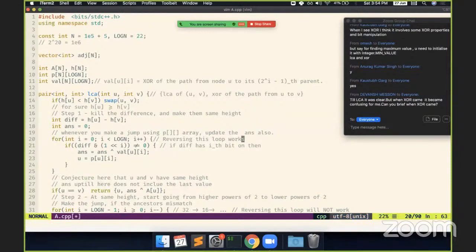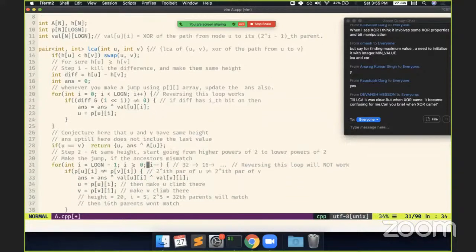also at that time. Basically, whenever you make a jump using the p array, what you're doing is you're consuming some part of the path. So when you're consuming some part of the path, also consume its XOR value in your answer variable. So when I jump here on line 23, I also consume this part, because when I'm jumping up till this position, I'm kind of forgetting about these nodes that I'm jumping over. So to account for them in my answer, I'm XORing them also,